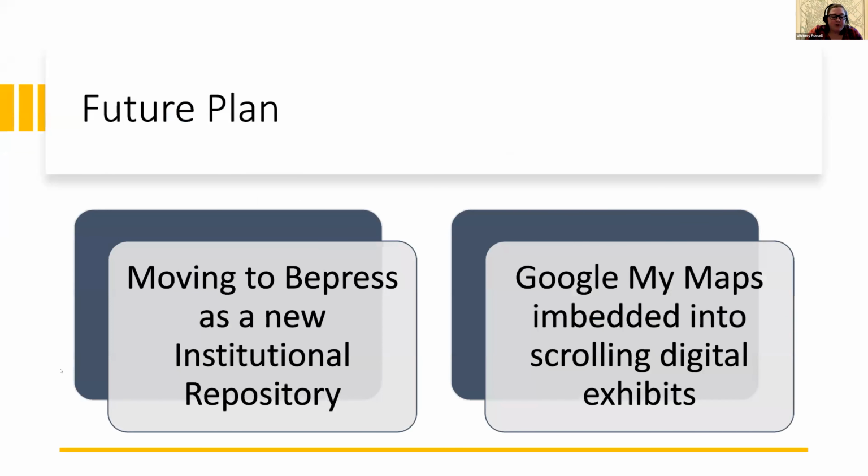So our future plans are that we are moving into Bepress for our institutional repository. We are potentially getting training on a sandbox mode on Friday, so we're hopefully going to start actually working in the system itself very soon. Bepress also announced that they can work with embedded Google My Maps as part of their system, and can also embed third-party software, depending on which one it is. I'm hoping that once we get into this sandbox environment, we'll be able to start looking at all the capabilities it has with GIS, and other things like 3D rendering and models and other stuff like that.